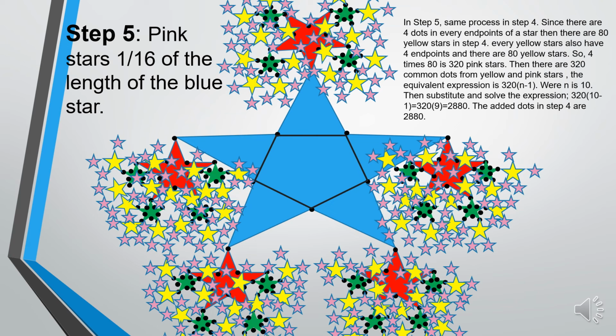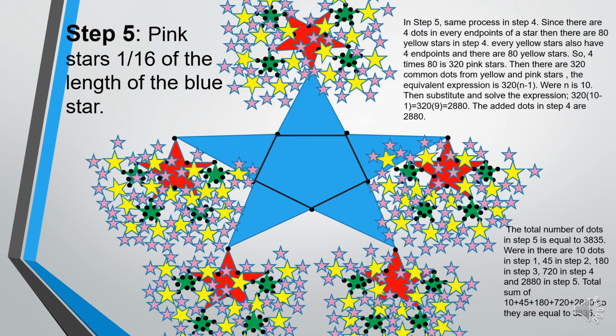The equivalent expression is 320 times n minus 1, where n is 10. Then substitute and solve the expression. 320 times 10 minus 1. So by following the PEMDAS, 10 minus 1 is equal to 9. So 320 times 9 is equal to 2,880. The added dots in step 5 are 2,880. The total number of dots in step 5 is equal to